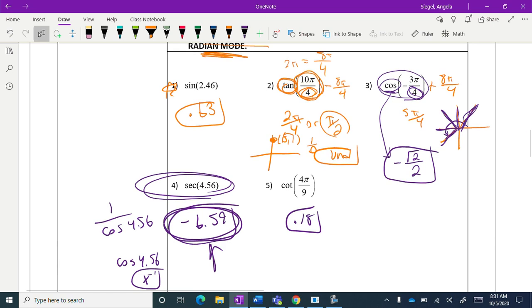Okay, so on number 5, the first thing that was jumping out at me is this 9. So I knew it wasn't a special angle. This is actually a calculator problem. I used my calculator for that because it wasn't a 3, 4, or 6. And I just typed it in again, like 1 over the tangent of this, or I definitely did tangent of this and then used that flipper button to find the reciprocal. So either way, it's just